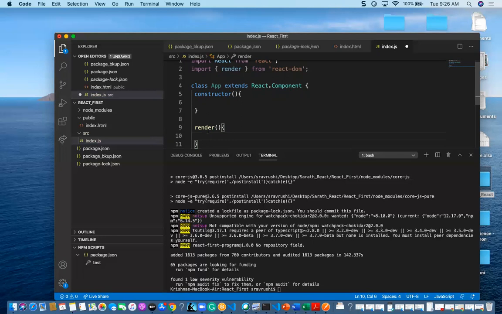This is very important. In the constructor, if you want to declare any variables, you can declare them inside the constructor. This is also one of the important points. And every constructor is associated with a super.